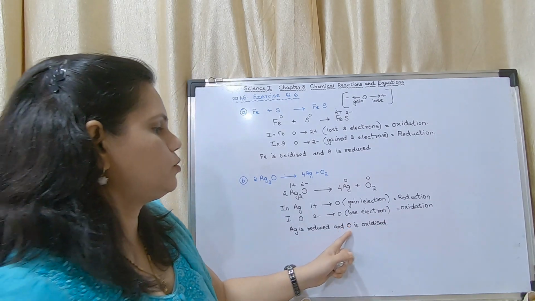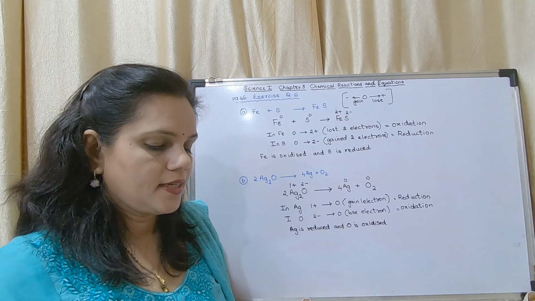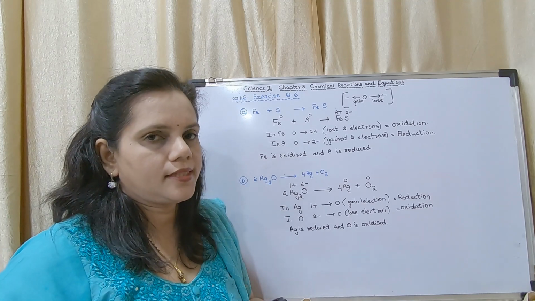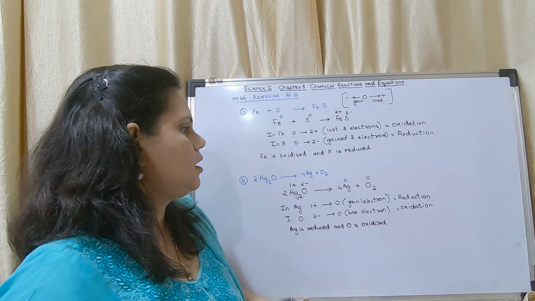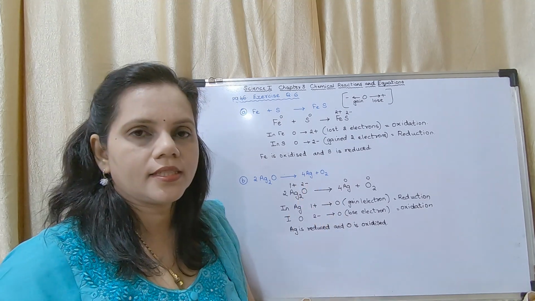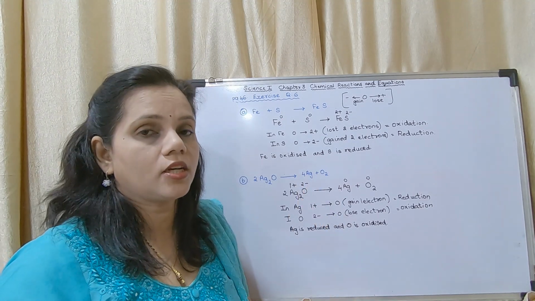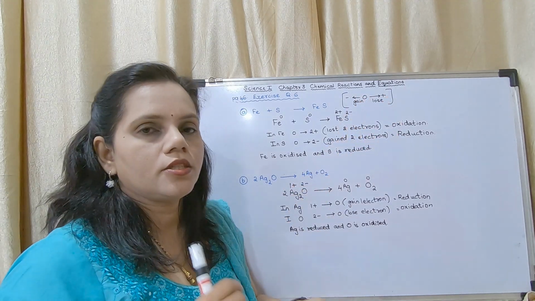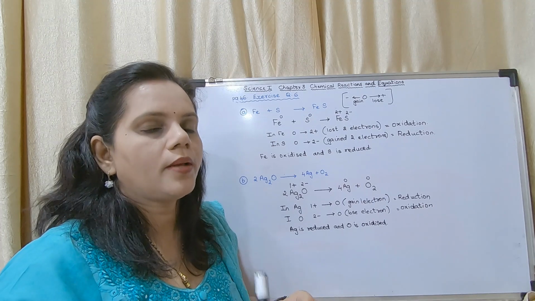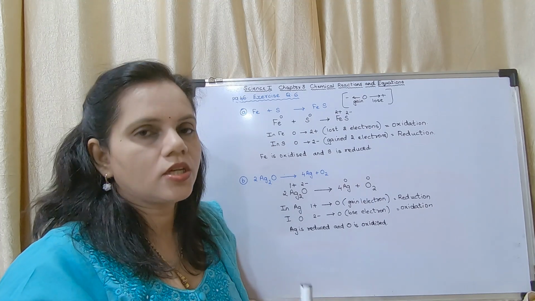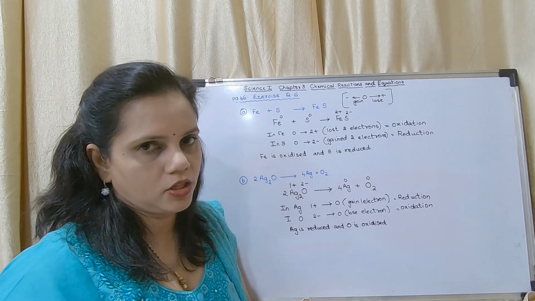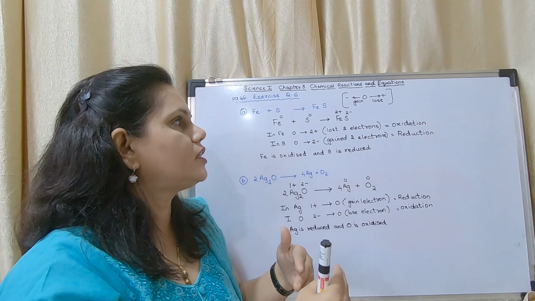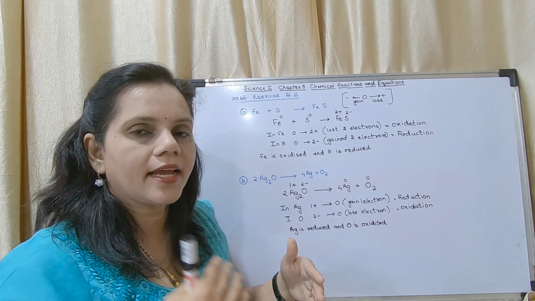Now while writing answers, you may write the full forms of this. You may write silver in case of Ag and oxygen in case of O, because it is considered to be a better presentation. So hope you have understood what is oxidation and what is reduction. I repeat, 0 to plus, 0 to 1 plus, 1 lost, 1 plus to 2 plus, 1 lost, 2 plus to 3 plus, again 1 lost. So it is towards plus, it is lost, lost, lost. If it is towards minus, it is gained.